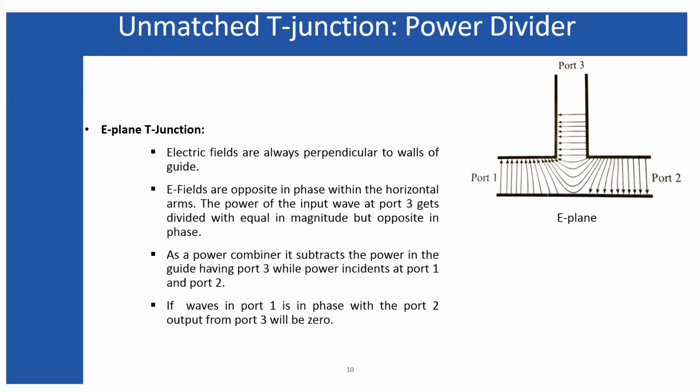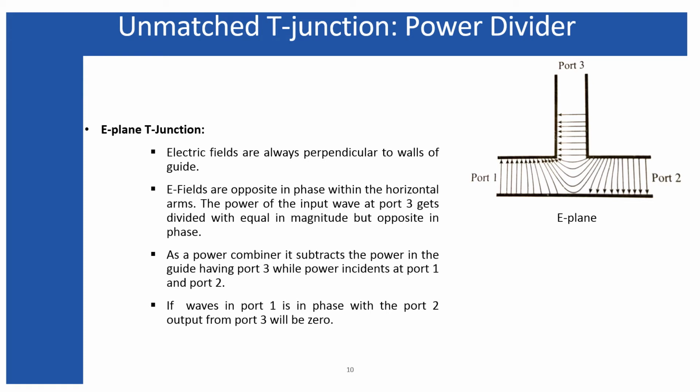But the device I discussed in my last slide is also a T junction, but that cannot be used as a power divider, because we have seen that due to the unmatched condition, port 3 gets completely decoupled from port 1 and port 2. So no power was being delivered to port 3 when you are exciting port 1 as well as port 2. So you can name the device either as a phase shifter or something else, but that is not at all a power divider. Here I am going to discuss the T junctions as a power divider.